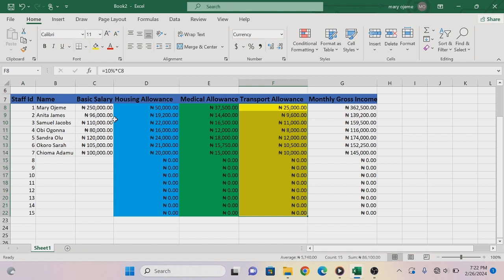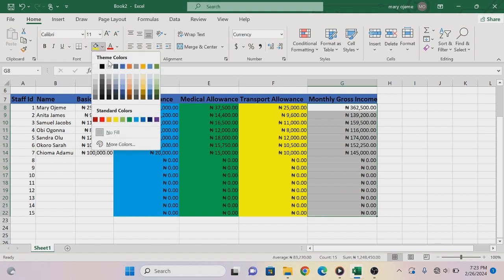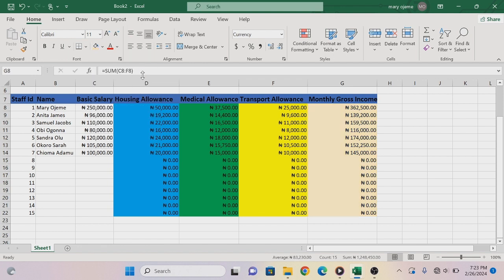Then let's make our monthly gross income a lighter shade of yellow. And let's see how it will turn out. So I think let's give it this. So we have this. Okay, now